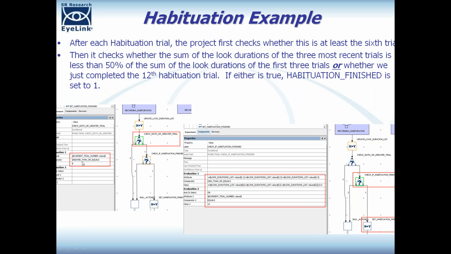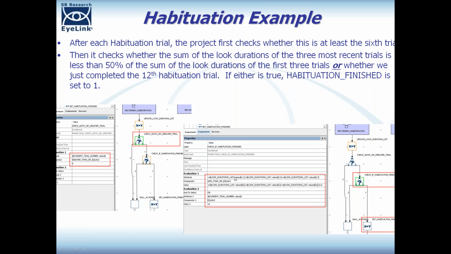And it's saying if that value is greater than or equal to 6, remember we don't start checking to see if the habituation criteria have been met until after trial 6, or until we get to trial 6. So if we are at trial 6 or later, then let's go on down here and do a further check. If we're not at trial 6 or later, let's just skip ahead and not do anything. But if we're at trial 6 or later, and we're on this habituation branch, then we're going to say,